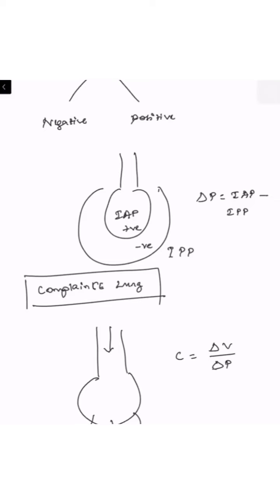Normally the chest wall and lungs are not attached to each other. There is a differentiating space between the lung and chest wall, which is the pleural space. During inspiration, the space in the pleural cavity increases. So we will have negative pressure in the pleural cavity because the pleura is a closed space.